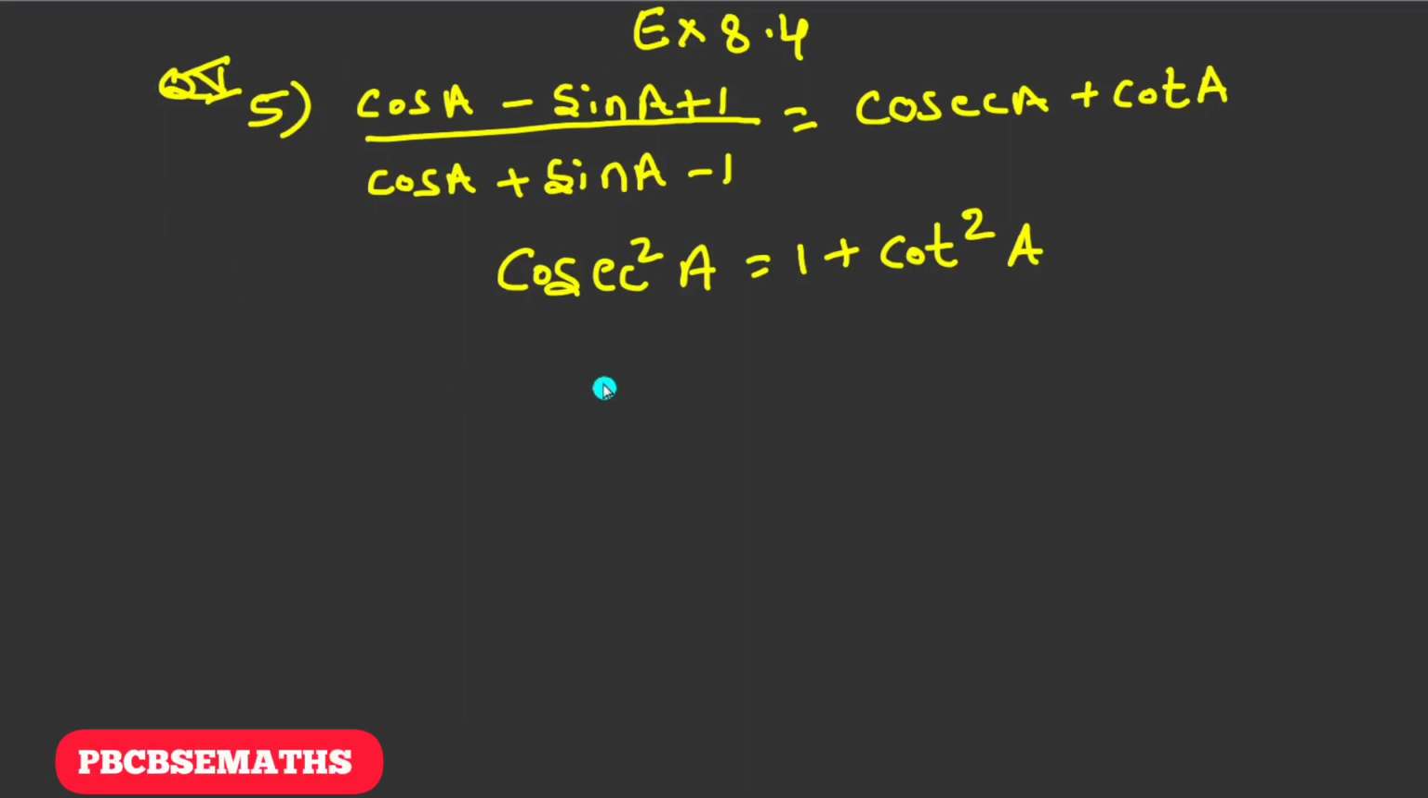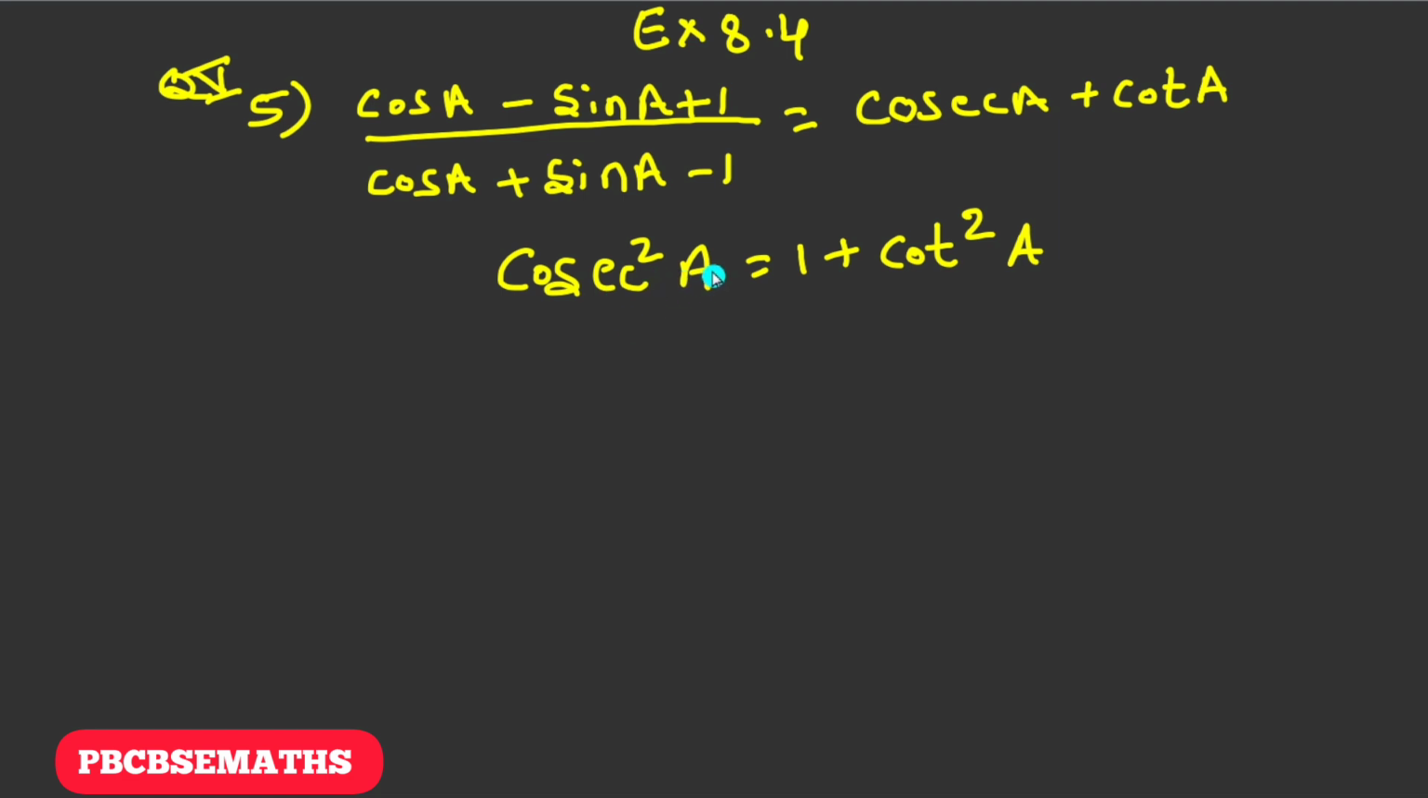Today in this video, I am going to solve exercise 8.4, fifth question. In the fifth question, we need to show that (cos A minus sin A plus 1) divided by (cos A plus sin A minus 1) is equal to cosec A plus cot A. To show this, it is also given that we should use the identity cosec square A is equal to 1 plus cot square A. So let's try to modify this left hand side